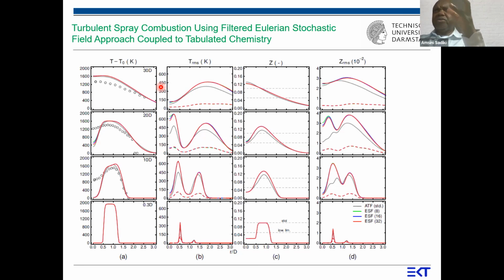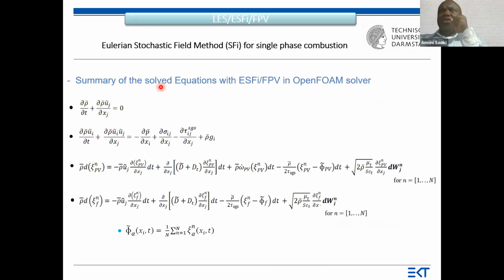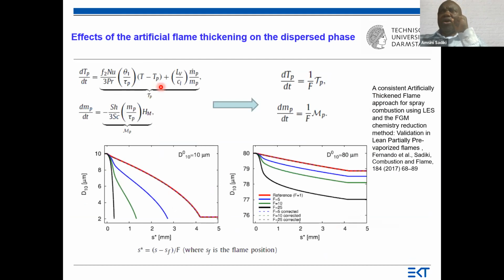And for this effect, we have modified the transport of the particle temperature and of the mass of the particle. We modify it to get the effect of thickening on this